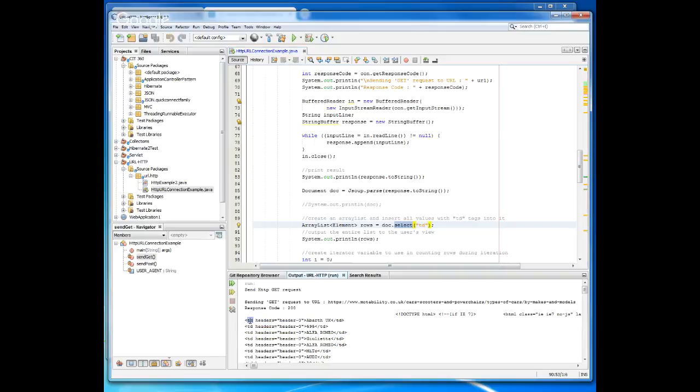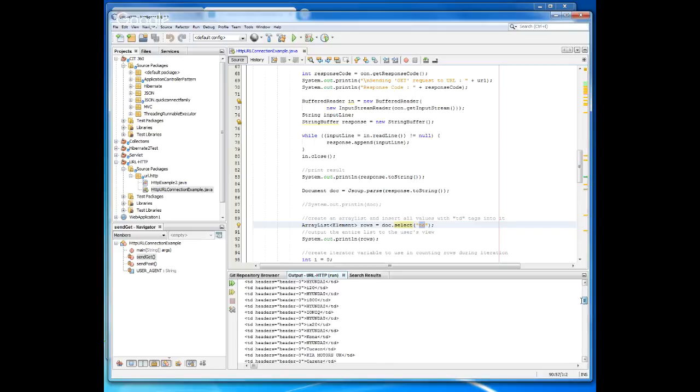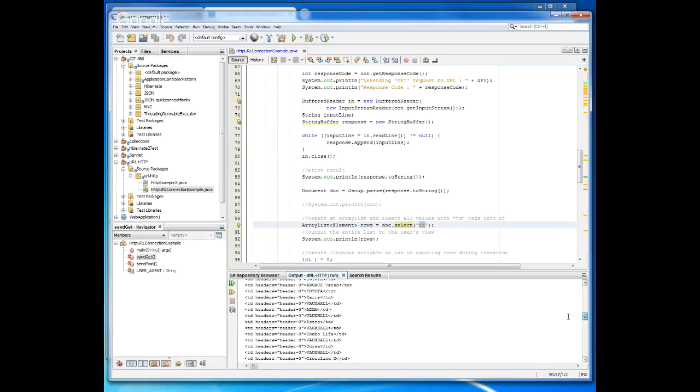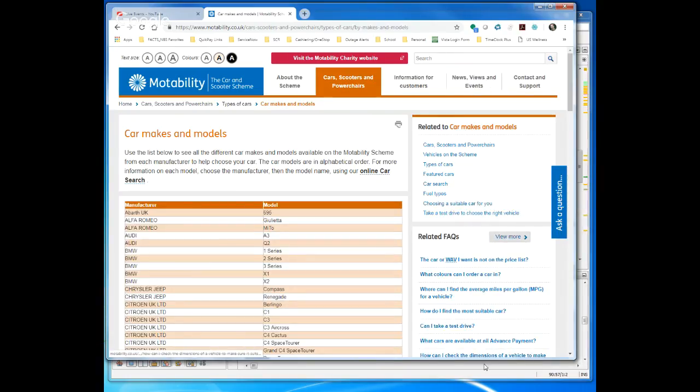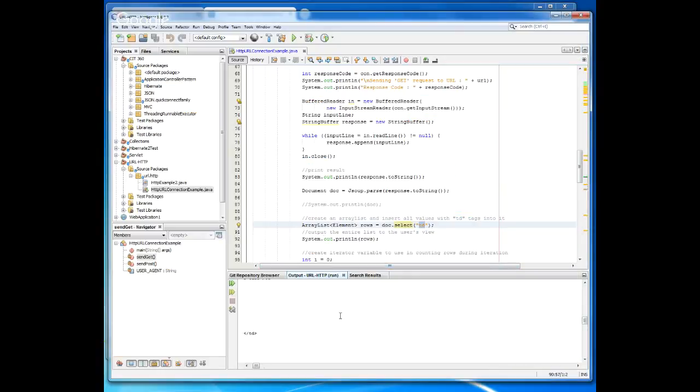So it found that this TD value equals what I stated here, so it grabs that whole line. And then it found the next one that starts with a TD, it grabs that whole line, and it did that for all of these rows, all the way top to bottom. And so that's a representation of all that data back on this page that I wanted. But it's still not quite what I wanted in the end result, as you can see there,